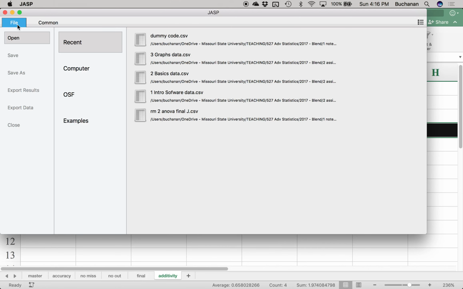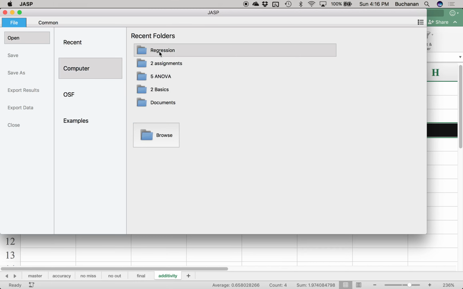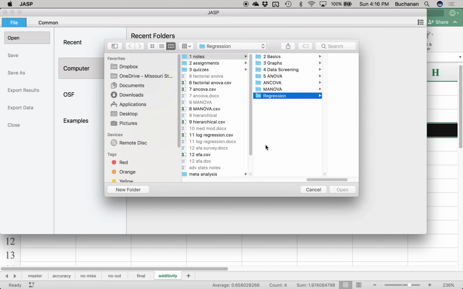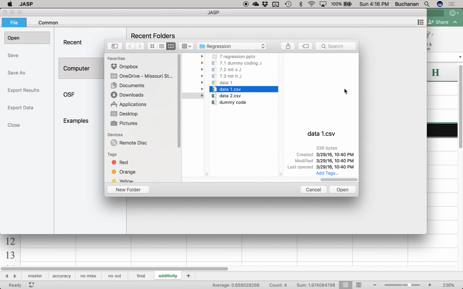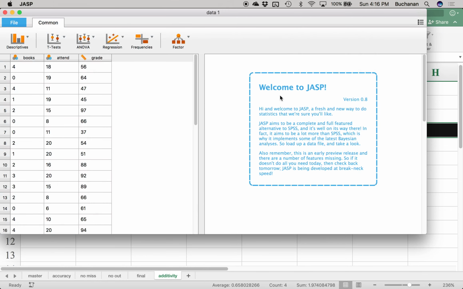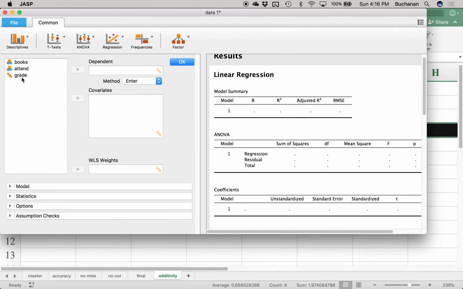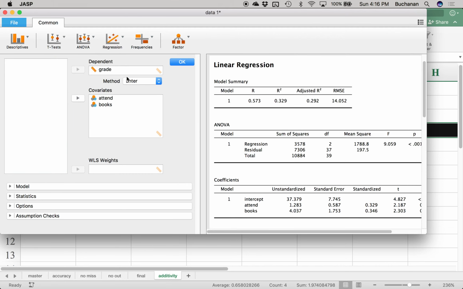Let's open that data set. And since it's the same one, I can open data.1, since I didn't really do anything to it. Now let's run the analysis. So I'm going to click regression, linear regression. Our dependent variable is grade. Both of our IVs go here in this covariates box